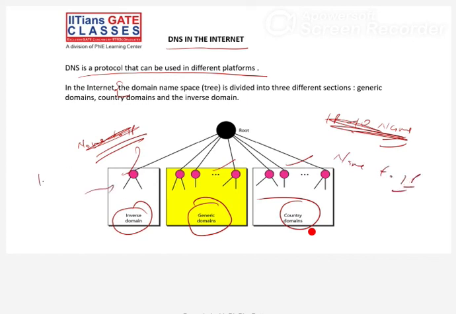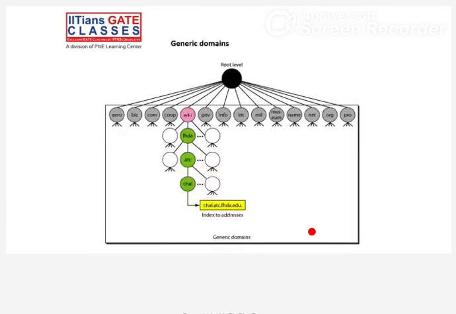And how do we search for our domain name, or our IP with the help of the domain name? You can go from the leaf to the root or from the root to the leaf, top to bottom or bottom to top. We will see the technique for address resolution, the mapping of the address from name to IP or IP to name, both. Currently I'm saying you have a domain name and need the IP, but in some cases you have the IP and need the domain name. So vice versa is also possible.